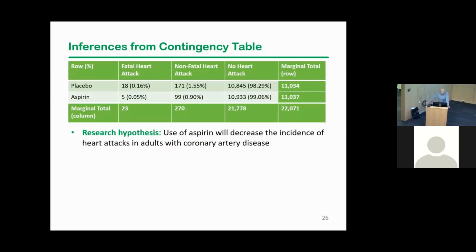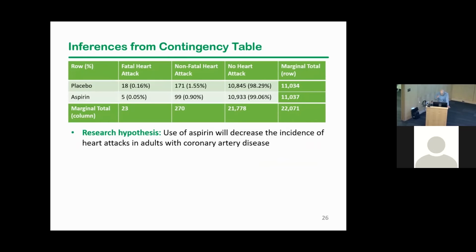Well, what I like to do when you come to me with these questions is really try to frame it first as a research hypothesis. So when I say research hypothesis, what I mean is I want you to propose to me maybe a direction of the relationship. So use of aspirin will decrease the incidence of heart attacks in adults with coronary artery disease. That helps me know as a statistician what direction I should be testing